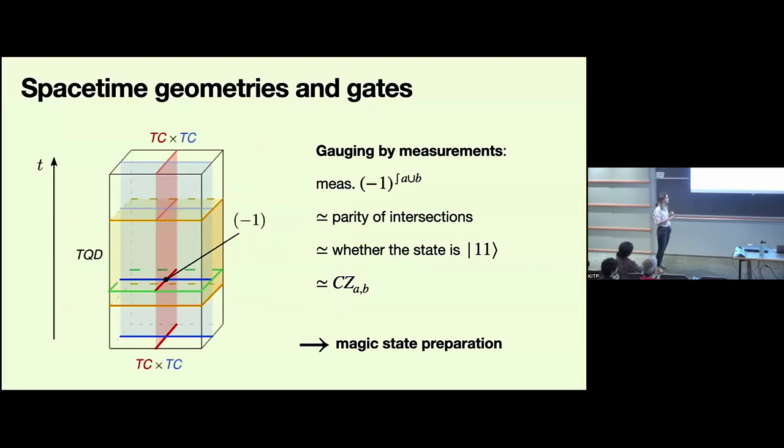And the symmetry is this like SPT symmetry between two pairs of the toric codes. So we end up measuring the eigenvalue of the symmetry, and that's like measuring the eigenvalue of this operator, and the symmetry corresponds to a Clifford operator. And measuring an eigenvalue of a Clifford operator is actually a useful method for preparing magic states in quantum info.